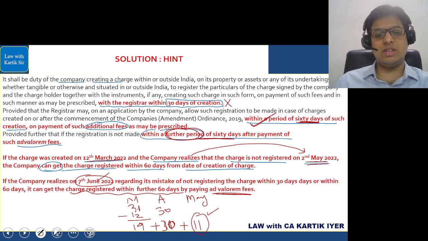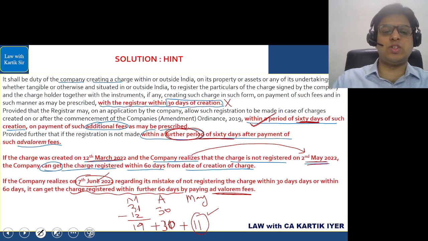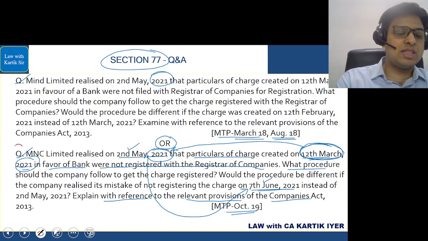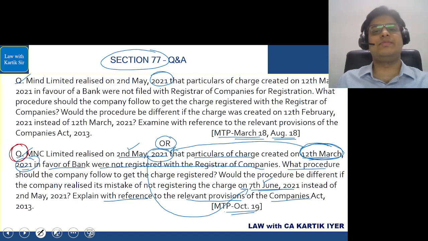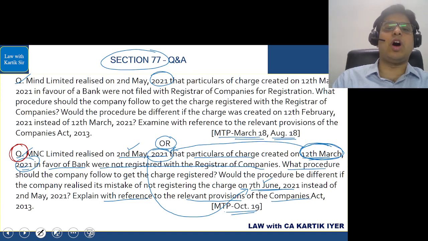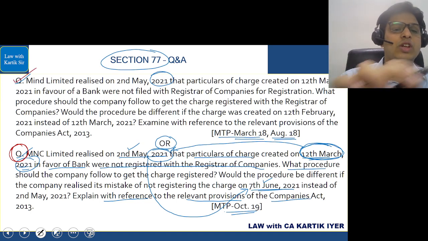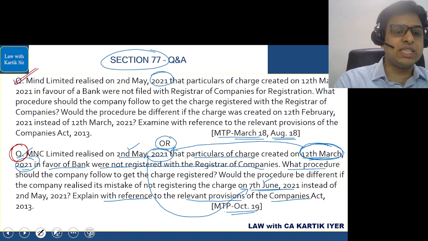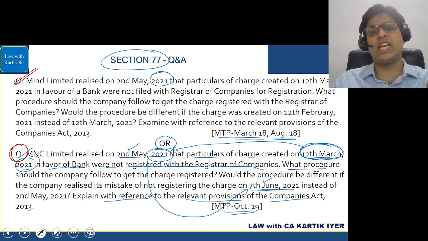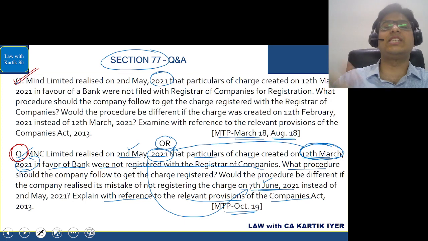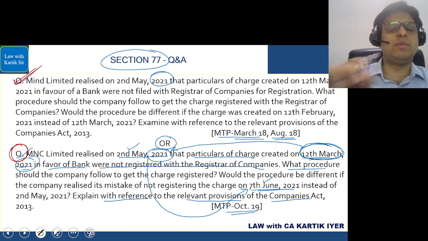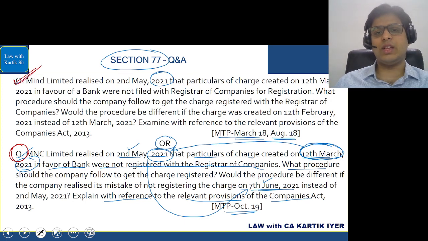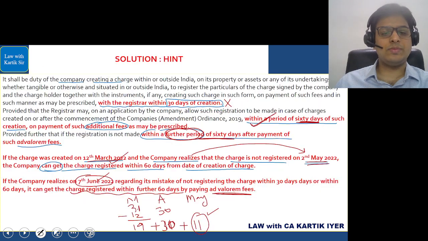Easy to understand this question? Very simple. So this question which you can see here, the solution which I have given you is solved as per this question. Type in the comment section below, according to you, what will be the solution for this? When does the 60 days get over? The initial 60 days. So 30, then when does the 60 days get over? And when does a further 60 days get over? Write in the comment section for this question. That will be kind of a practice for you.